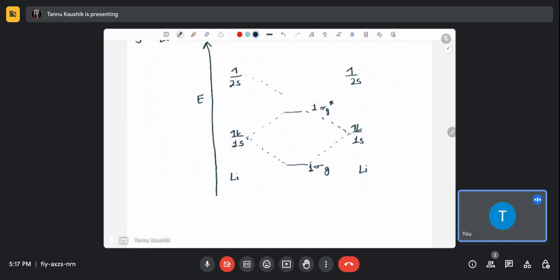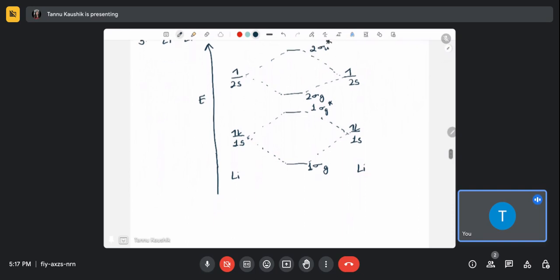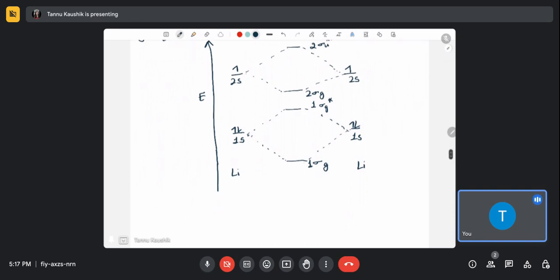And these 2s orbitals will overlap to form 2 sigma g and 2 sigma u star antibonding molecular orbital. So it's just 1, 2, this is the number I am mentioning. It has nothing to do with anything else, it's just a number: first bonding molecular orbital, second bonding molecular orbital, kind of this. So now when we fill the electrons in these bonding and anti-bonding molecular orbitals,